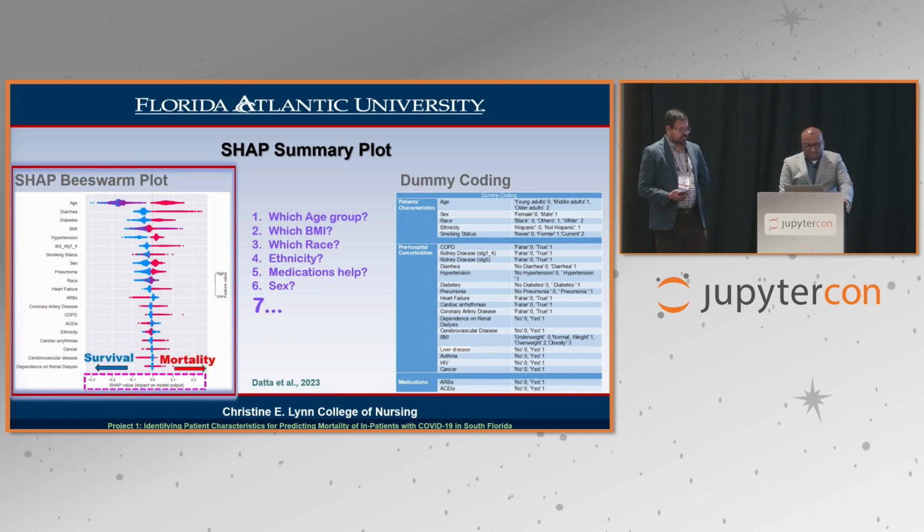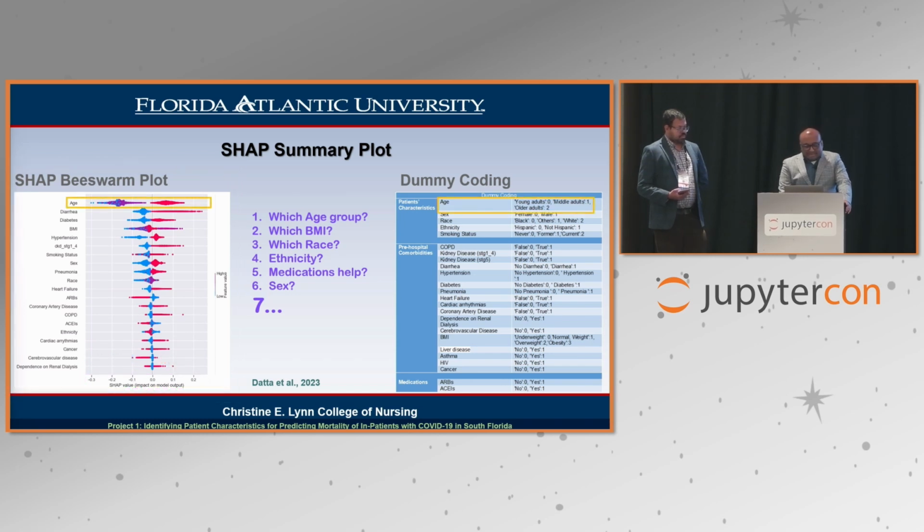The binary class I already mentioned before. And after that, if you see the age, if you correlate from here, 0, 1, and 2, 2 is a higher age group, more than 65 years old, and that's denoted by the red color. That's one of the reasons that older age group people are more susceptible to die. Similarly, when you go here, the BMI overlapping of obesity and overweight are more susceptible